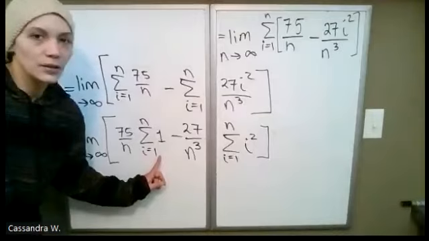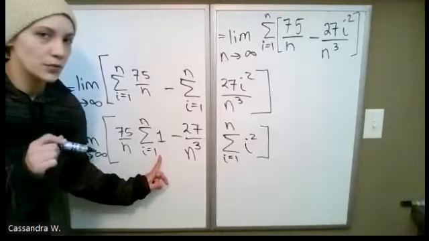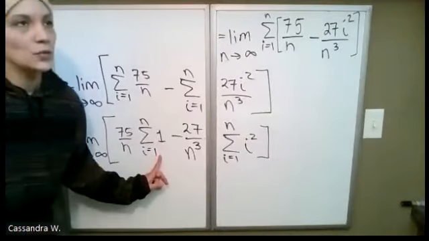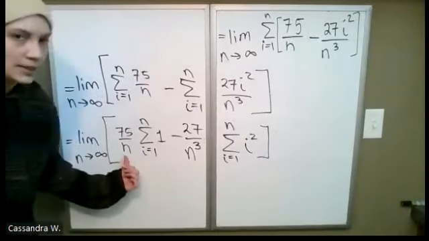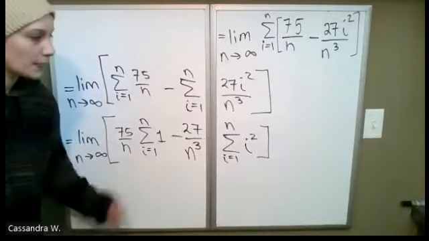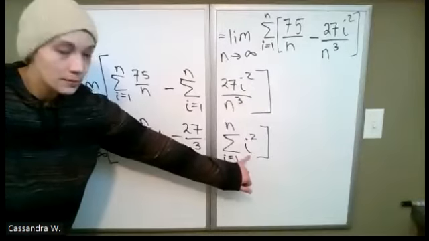So for this sum, we're going to use the first rule, and we'll have 1 times n, or n, multiplied with this 75 over n. And then I'll look up